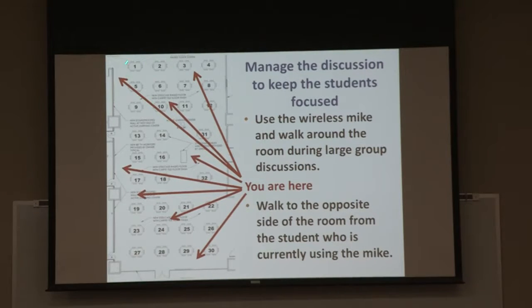If the student at table 1 is talking and you walk over to table 1, both of your voice levels will drop. The rest of the room will perceive that you're having a private conversation and they will start talking to each other. So I've heard people say they get quite a workout when they teach in this room, because as soon as a student on this side of the room starts talking, you have to book it to this side of the room. It is to prevent side conversations from occurring, and it subtly encourages everyone to raise their voice so everyone can hear. But again, it's counterintuitive to human nature.